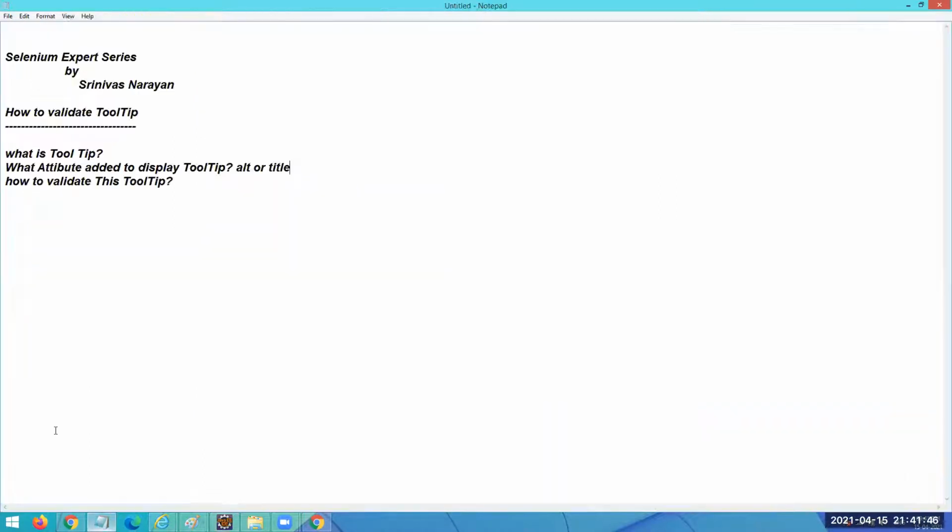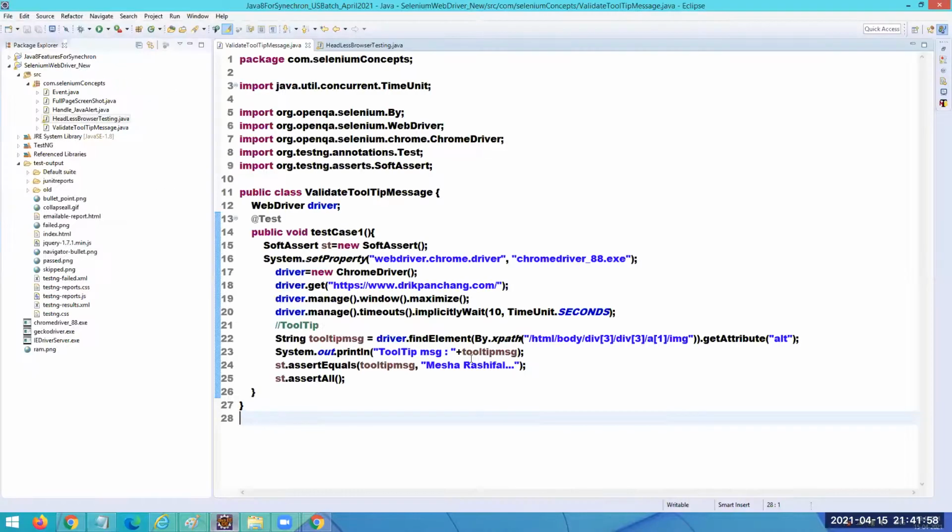So guys, in this training, we have seen what a tooltip is and the attribute they add to display a tooltip, either the ALT property or the title property, and we have seen how we can validate this tooltip message by using the method getAttribute. You can use getAttribute not only to get the ALT or title attribute. You can get any attribute the developer added for that particular web element.